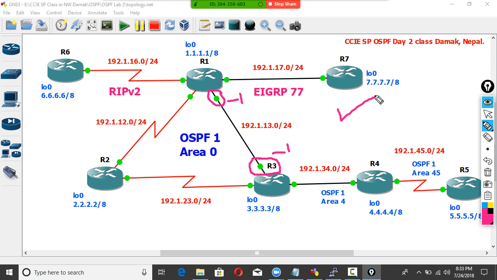The second step is the router ID, RID. The router having the highest router ID will be the DR router. Simple. Only two things are considered during the DR and BDR election process. The first is the priority value and the second is the router ID. Now